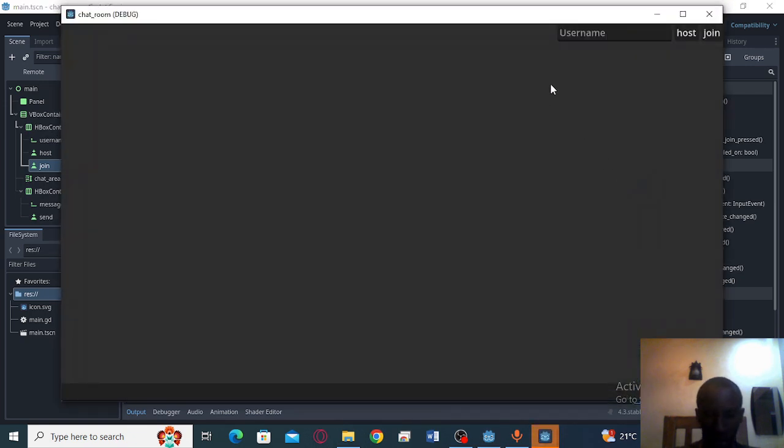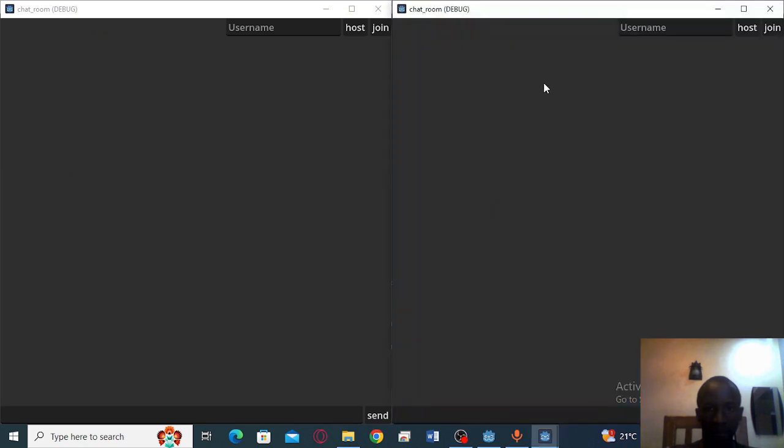So when we run this, you'll notice that we now have two scenes, or two projects running, so we can send data from one to the other. So let us do this. Let's write in our username, and then we can press host over here, and you'll notice that nothing happened on the other client. That's because we really haven't joined the server yet. So let's press join,